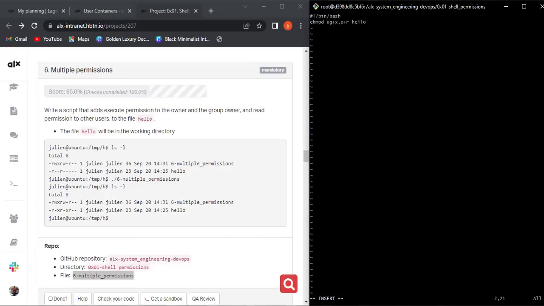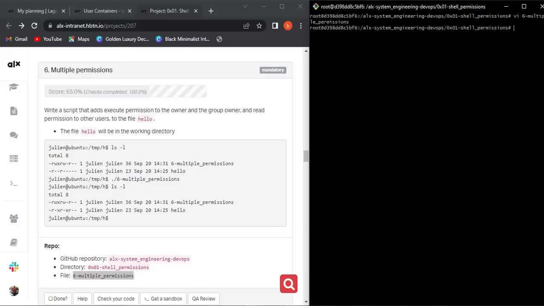You are saying that I want to what? Modify the permission of the file hello, so that the owner and the group can have execution permission, then the other users will have what? The read permission. This is just what this command is saying. So escape, save, and exit. So convert it to executable as well,